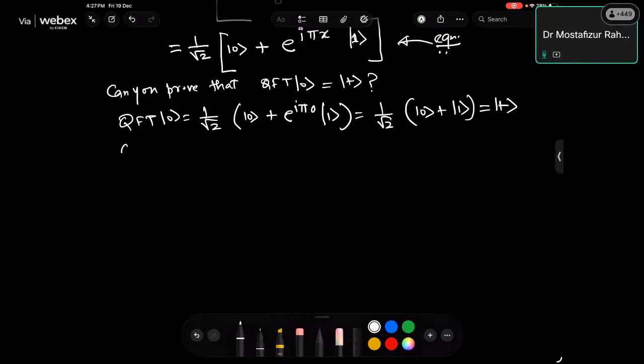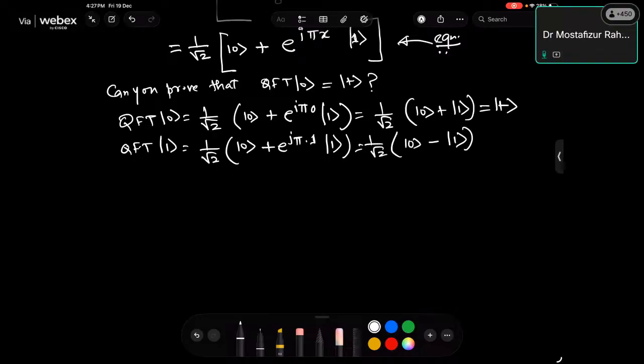Similarly, QFT of 1 will be 1 upon square root 2, ket 0 plus e to the power i pi times 1, ket 1, which is 1 upon square root 2, ket 0 minus ket 1,